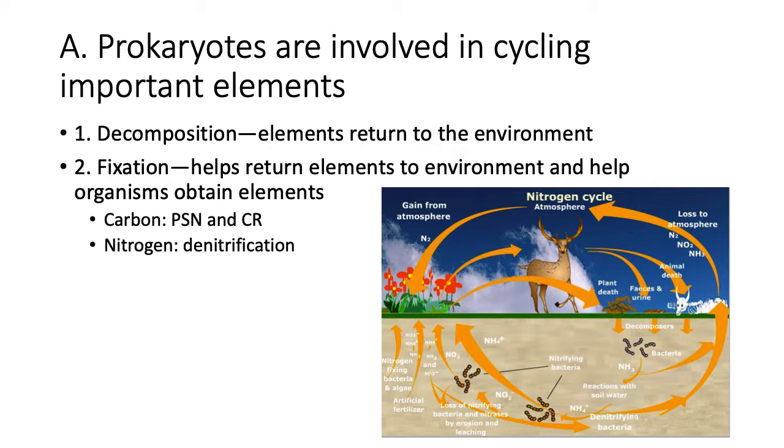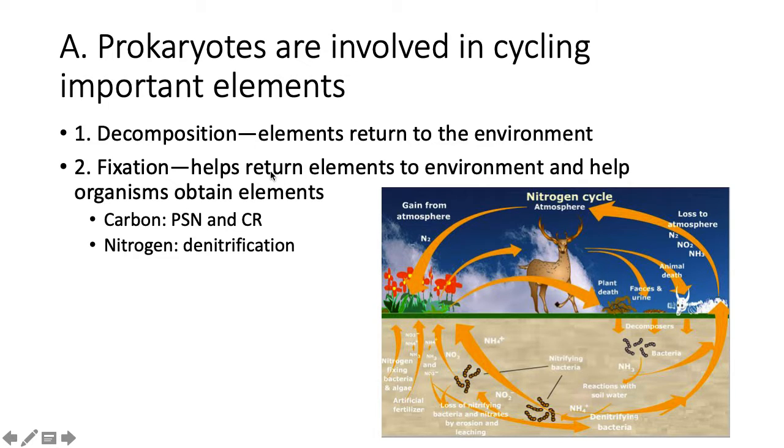If things didn't break down, things would just keep piling up, and our world would be a weird place. I mean, if dead things never decomposed, geez, there's been over like a trillion humans in the Earth's history, so maybe it's 100 trillion. It's a really, really large number, so there would be a lot of bodies just everywhere.